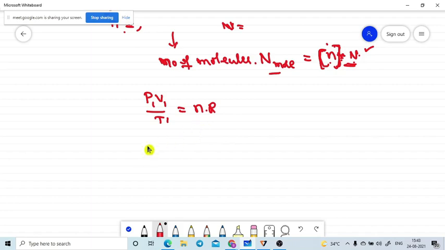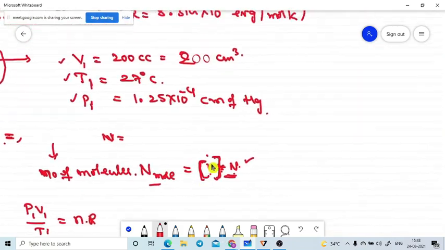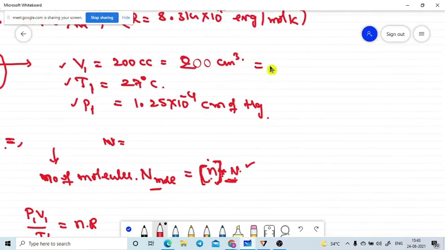Here all values they are giving in the CGS system, but we need to use in the SI system. So once again I am recalling this one. One by one I will change here. So what about this volume? Volume in centimeter they given. So can I use directly centimeter? Better to use in SI system. So I am changing all content in the SI system.